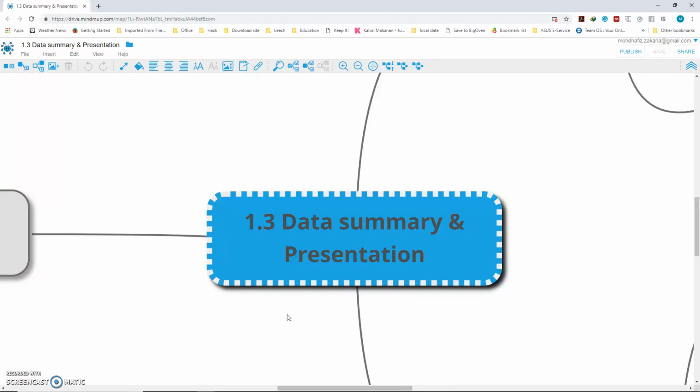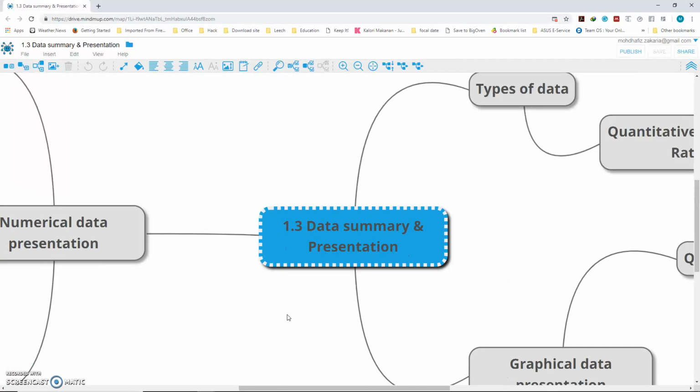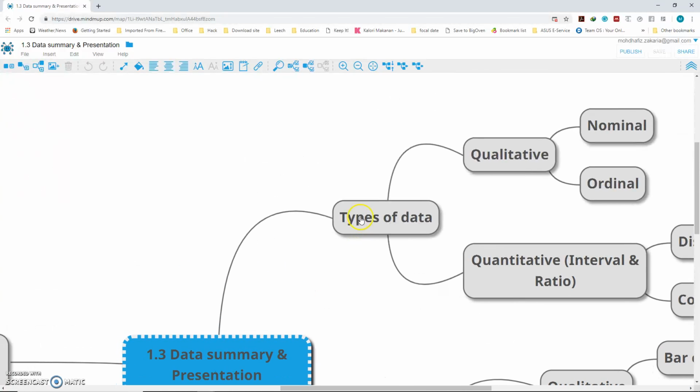In data summary and presentation, in general, we have three main topics that we are going to cover. The first one is known as type of data. In the summary we will learn first on types of data. Why do we need to learn that? Because it is crucial to know what kind of data we have before we can proceed with other things,